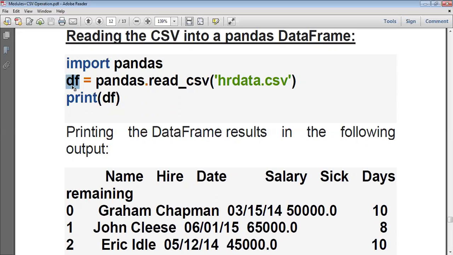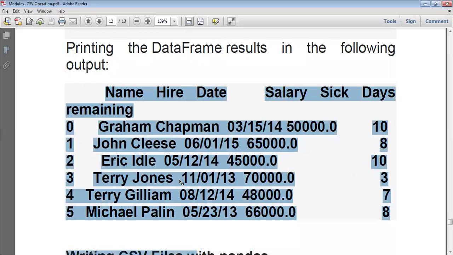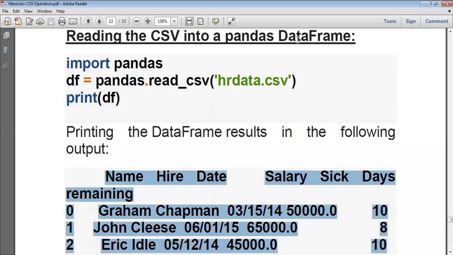So if I just print this object, print of df, the entire content of this file will be displayed. It is very simple, right? That's it. It is a way of reading the CSV into pandas and displaying whether this contains the entire content or not.